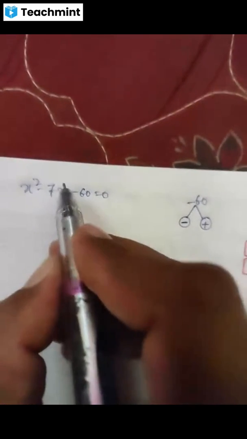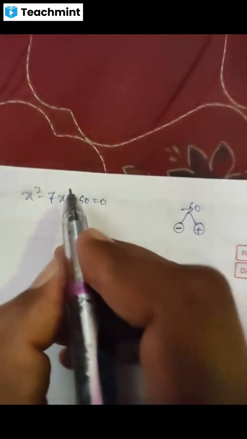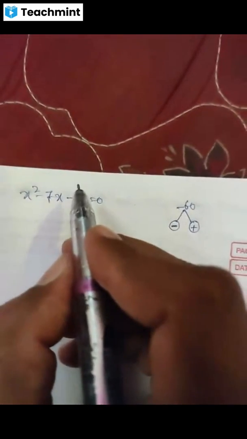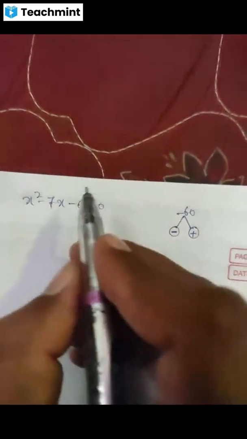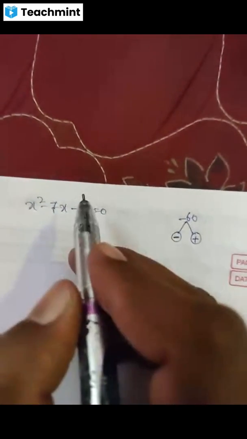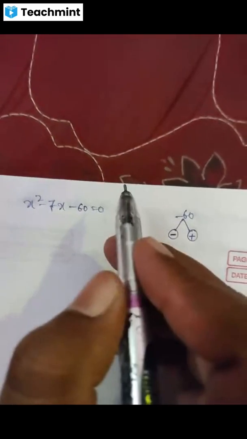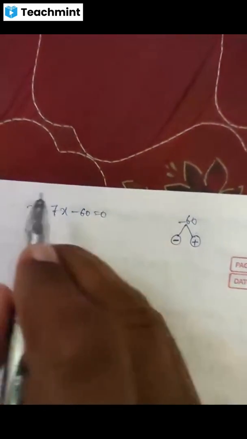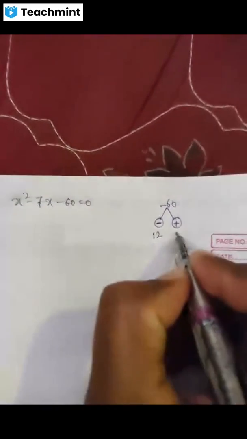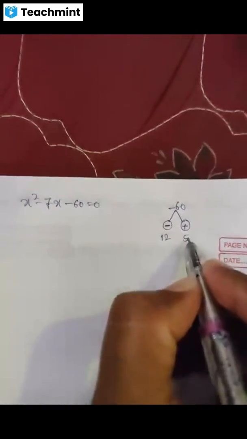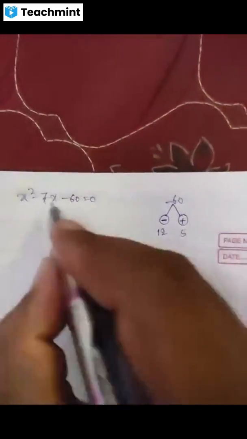If one is plus and one is minus, instead of 7 if we take 8: 8 1 is 9, 2 is 10, 3 is 10, 3 is 30, 11 4 is 44, 12 5 is 60. Yes, it is possible. 12 5: plus 12 minus 12 plus 5 is again 7.